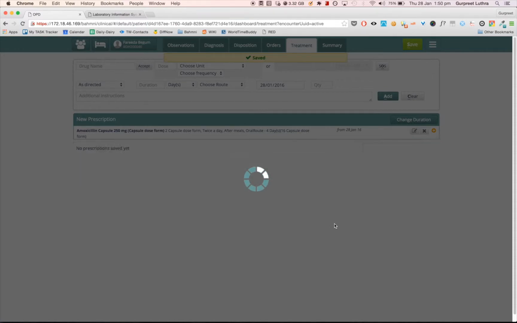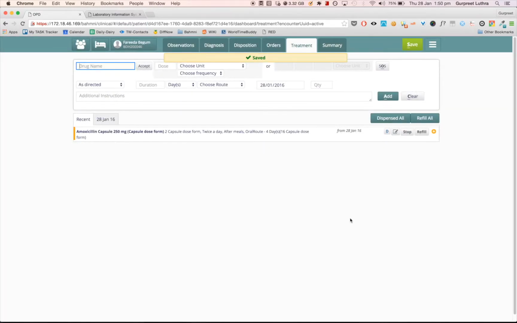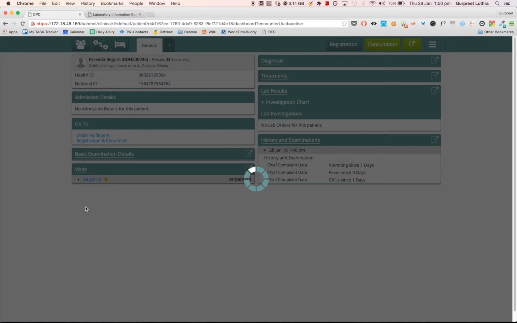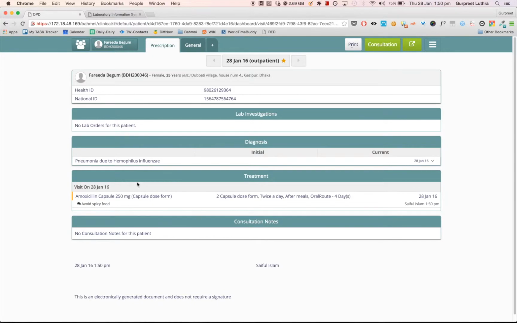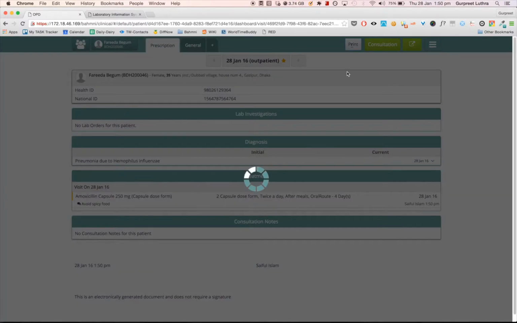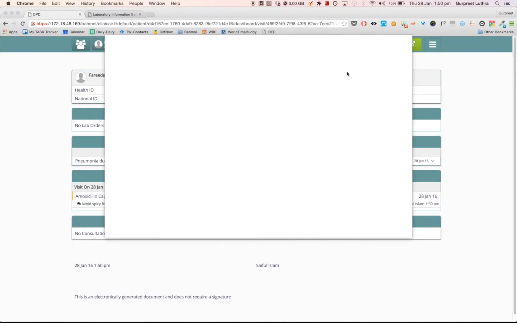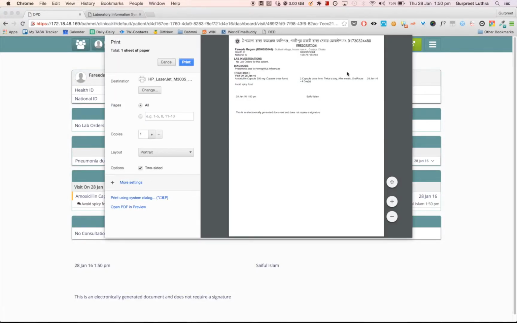Now what happens in Kaliganj is when a doctor prescribes a medicine, there is an in-house pharmacy also where the patients can go and get the drugs from. So the doctor would have to give a prescription printout so that the patient can go to the pharmacy and collect the medicine. So what happens in Kaliganj is when you give a print order over here, a printer at the pharmacy will produce a printout and the pharmacist can refer to that and hand out all the required drugs.